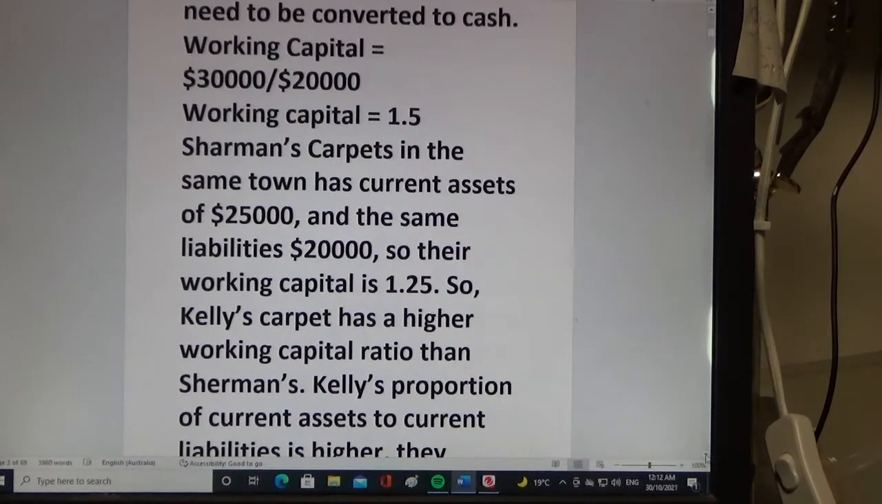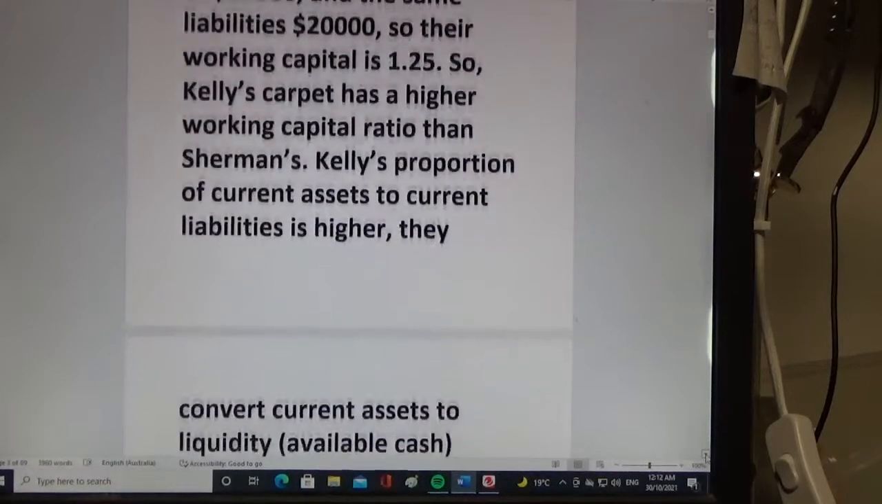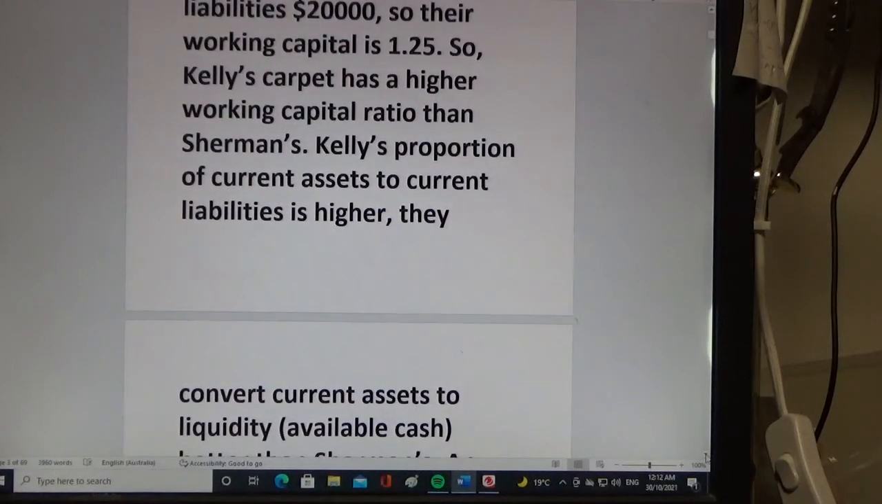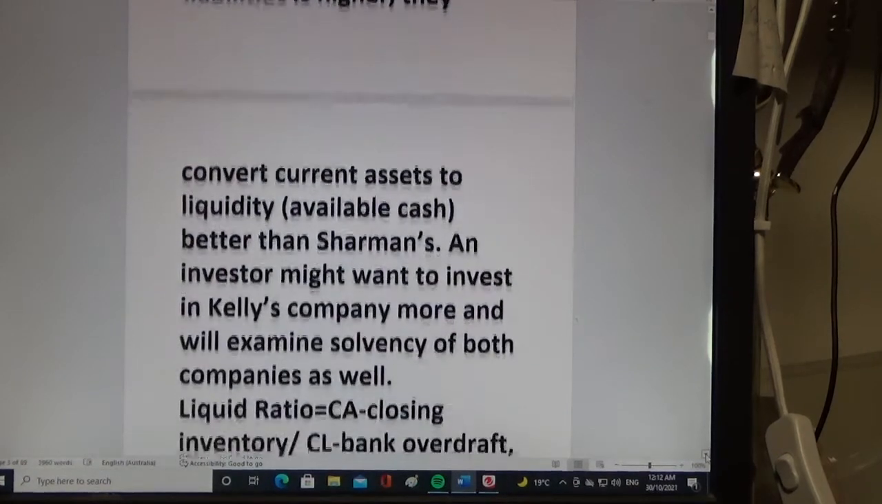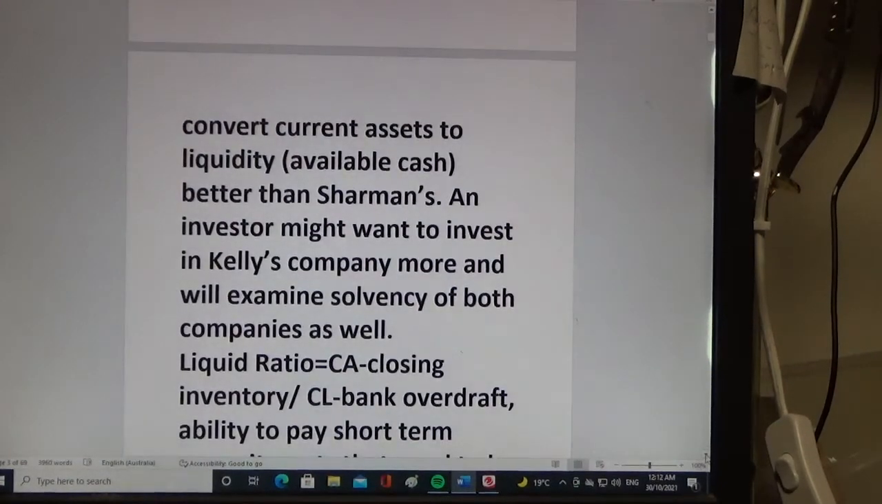So Kelly's Carpet has a higher working capital ratio than Sharman's. Kelly's proportion of current assets to current liabilities is higher. They can convert current assets to liquidity, available cash, better. But Sharman's ratio isn't too bad. With a lot of these, I've put the same figure for a lot, so you could get a comparison. So in that one, we see that a higher working capital ratio is more favourable than a lower one,